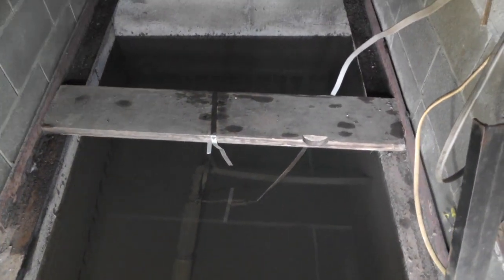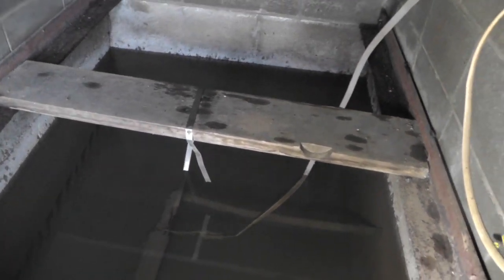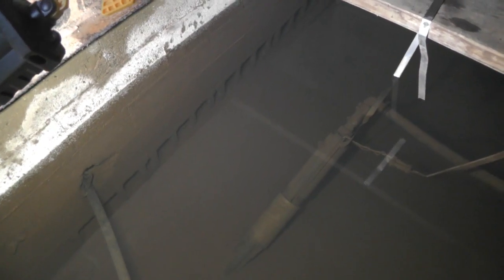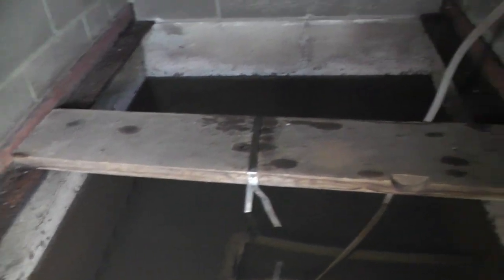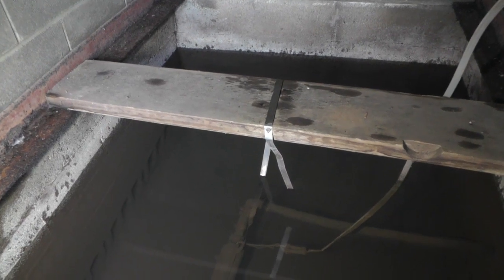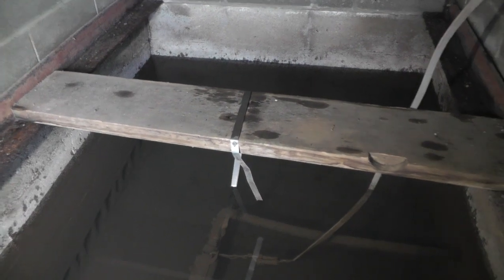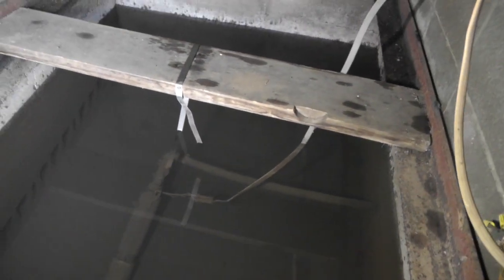But whoever built this is pretty ingenious. There's a footer just like you were going to build a building, and they laid a layer of concrete blocks on the back side. Hope you can see them down there. They're laid on their side, and they go all the way around the back wall and partially around the two side walls, and that lets the water come in. And then they went the rest of the way up with regular blocks to act as a tank. And there's an overflow,